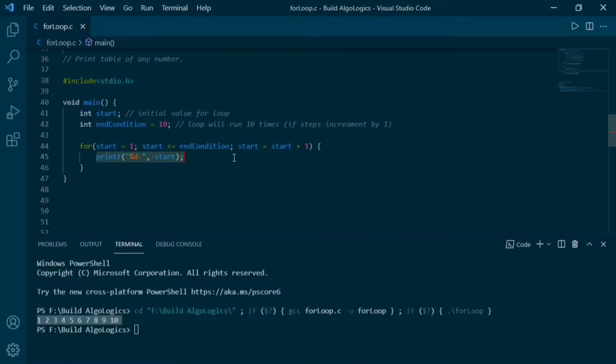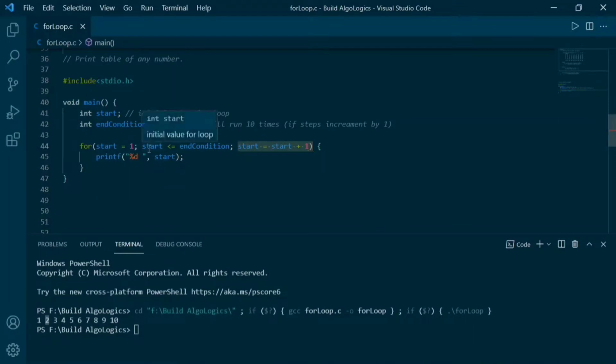After executing all these statements, the loop will visit this part. Here we are incrementing the value of start by 1, hence now the value of start is 2. Then again we check this condition. This time also the condition is true, because 2 is smaller than 10. We again execute the statement inside this block and print the value of start. This is why we get the value 2 printed here. And again increment the value, then check the condition and execute our block, and so on.